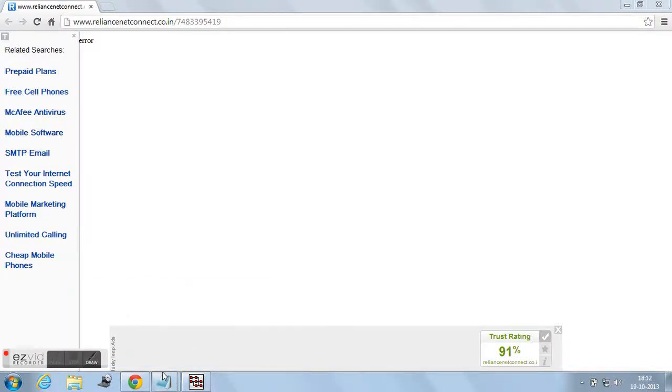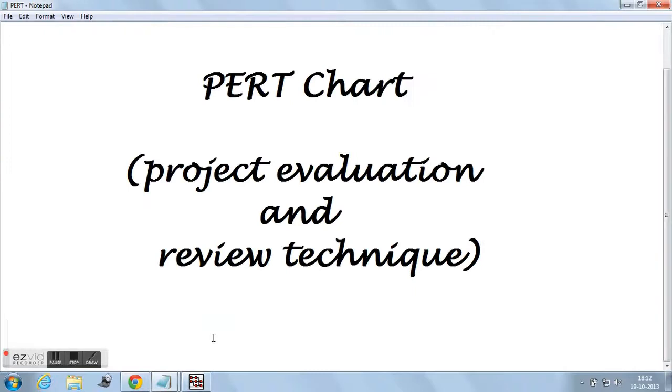Gowda. I would be explaining one of the project planning and management tools, that is the Pert chart. A Pert chart is a graphical representation of project schedule showing the sequence of tasks that can be performed simultaneously and the critical path of tasks that must be completed on time in order for the project to meet its